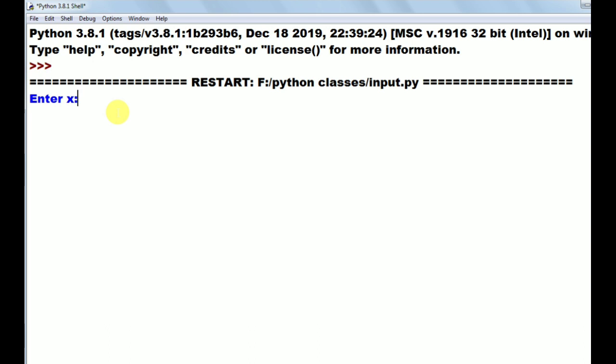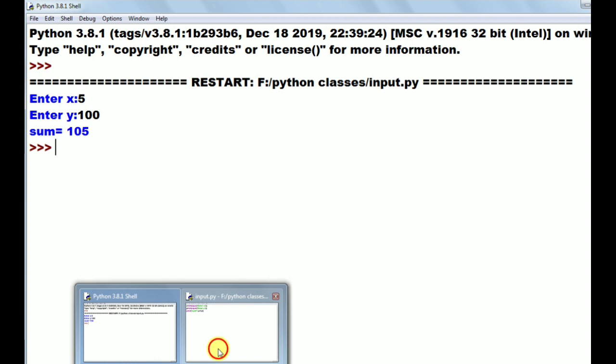Okay. I am giving x value as 5 now. Next, again the screen is waiting to read the y value because we called the input function. I am giving this value as 100. Okay, now that printed. What is the output here? Sum equals 105. Okay, I want to run this program again.